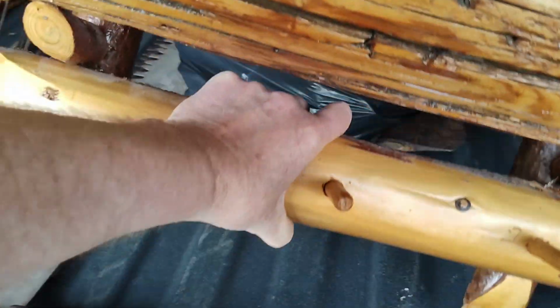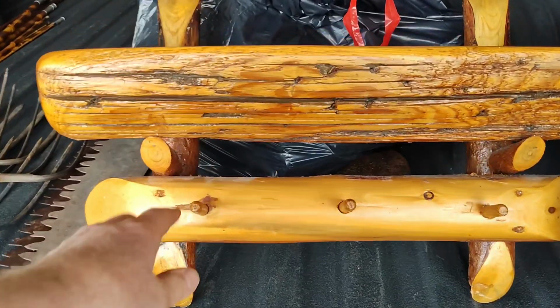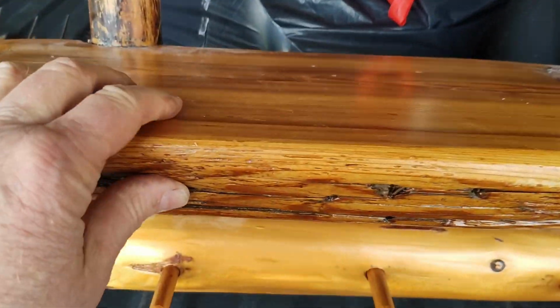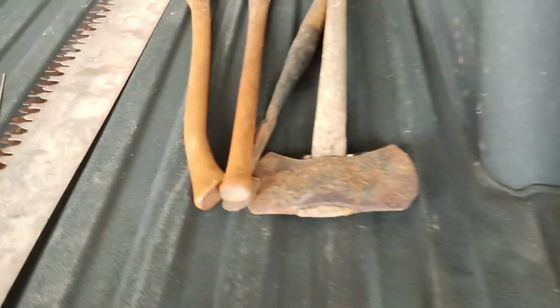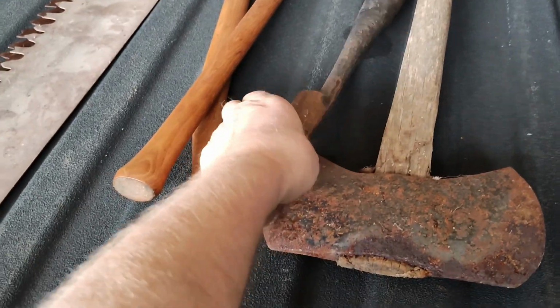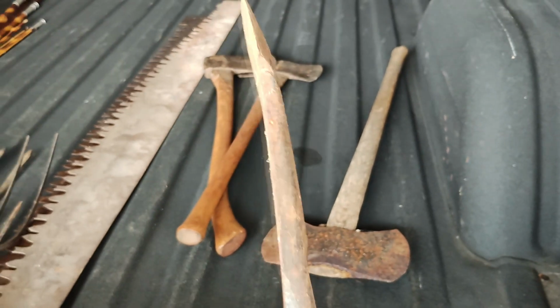And I thought this was a pretty cool piece. You know, hanging hats or jackets on the pegs, setting other things up on top. Kind of dusty, a little bit dirty, but a really cool cabin decor piece. And kind of going through this quick because I want to do a short video instead of a long video. You know, I got a couple axes, and then I wanted to show this piece to see if anybody has